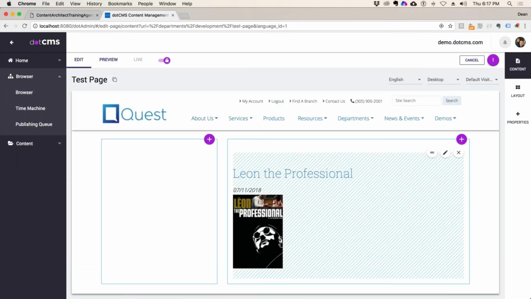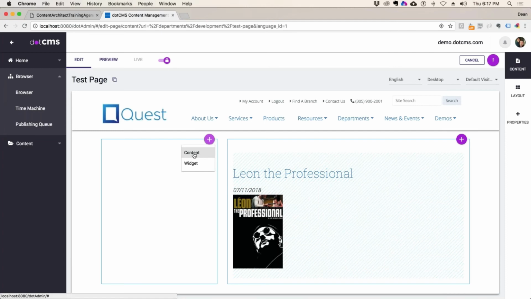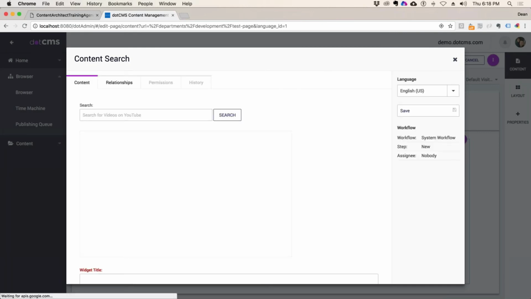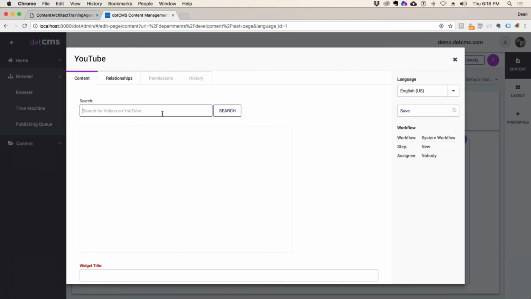Okay, so go back to my test page, and I want to add a movie. Let me see if he doesn't have access to there. I want to give him access. Okay, so I'm going to add widget over here to this side. I said YouTube. All right. So if I search for the YouTube movie widgets, here it is. And if I click on new YouTube widget, can I search for